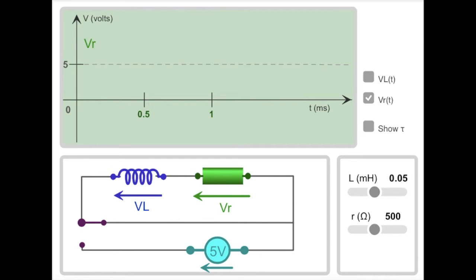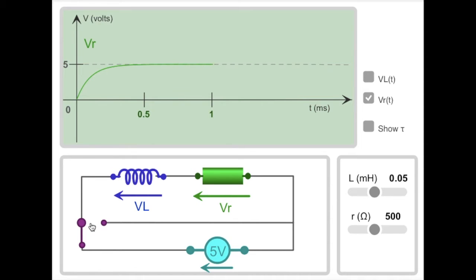Now, here's another simulation, just to get the idea of what's going on with an RL circuit. You have the inductor right here, you have the resistor right there, and you have a battery right here. We have a switch, but now we have two different paths, an upper wire there and a lower wire here. If I close the switch,